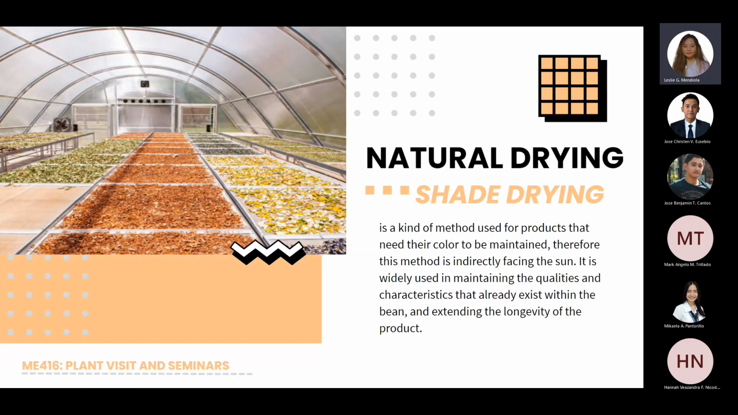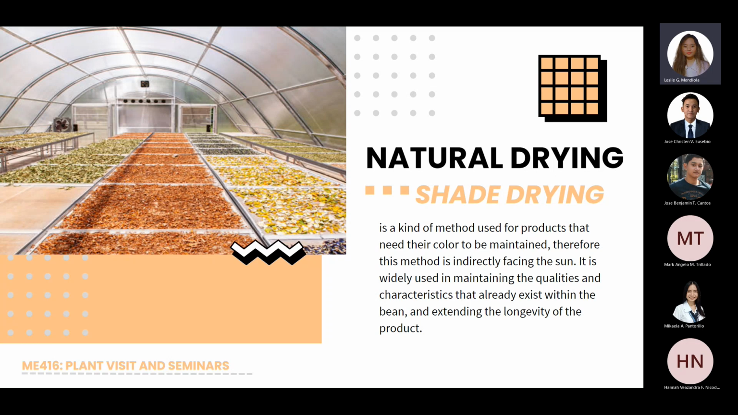Under din ng natural drying yung shade drying. Shade drying is a kind of method used for products that need their color to be maintained. Therefore, this method is indirectly facing the sun. It is widely used in maintaining the qualities and characteristics that already exist within the bean and extending the longevity